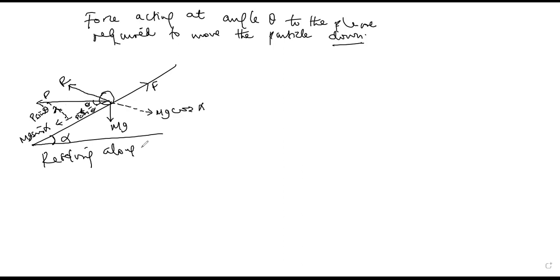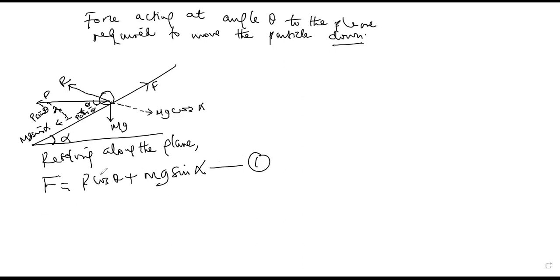Resolving along the plane. Along the plane, tell me now, along the plane, we shall say F equals P cos theta plus mg sine alpha. Mg sine alpha, that's good. But we need P. So we can say P cos. Then,